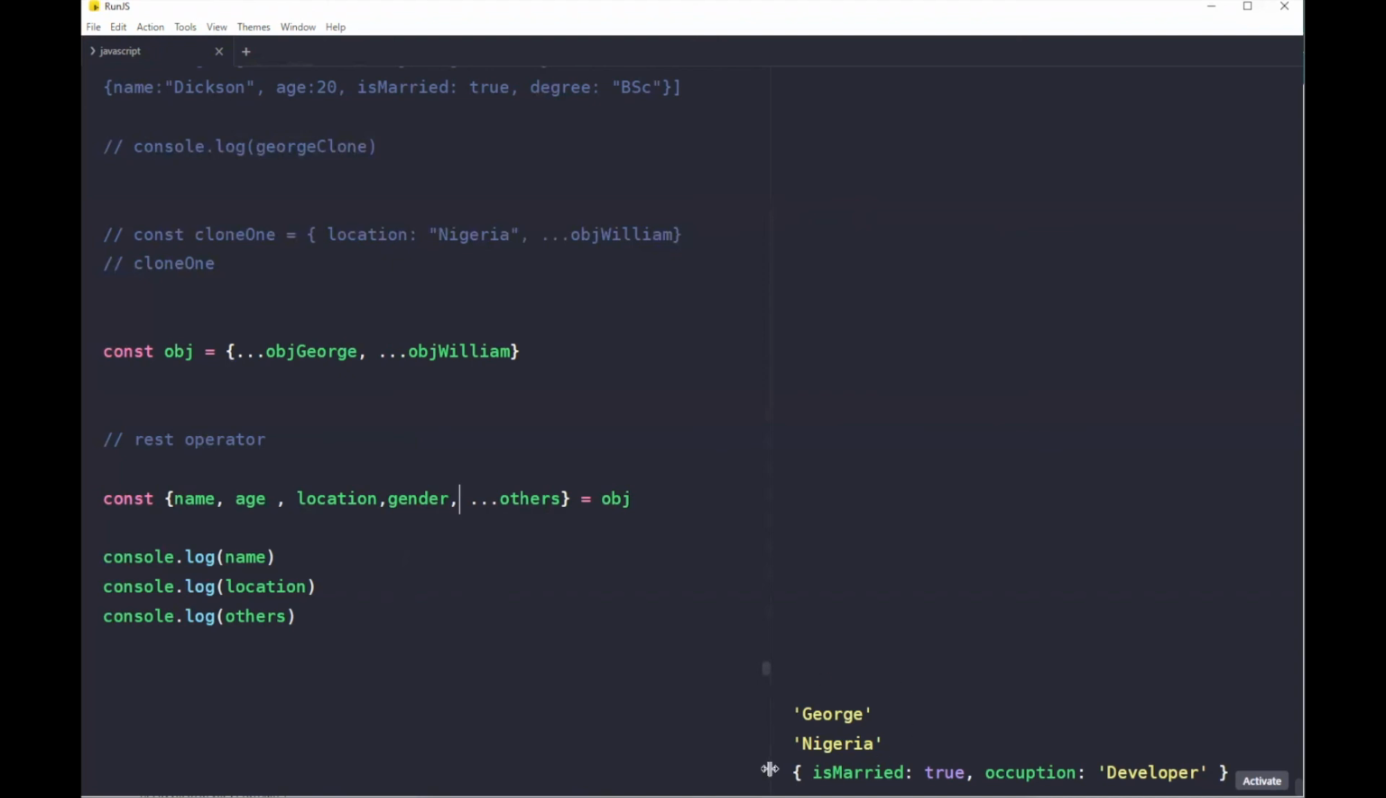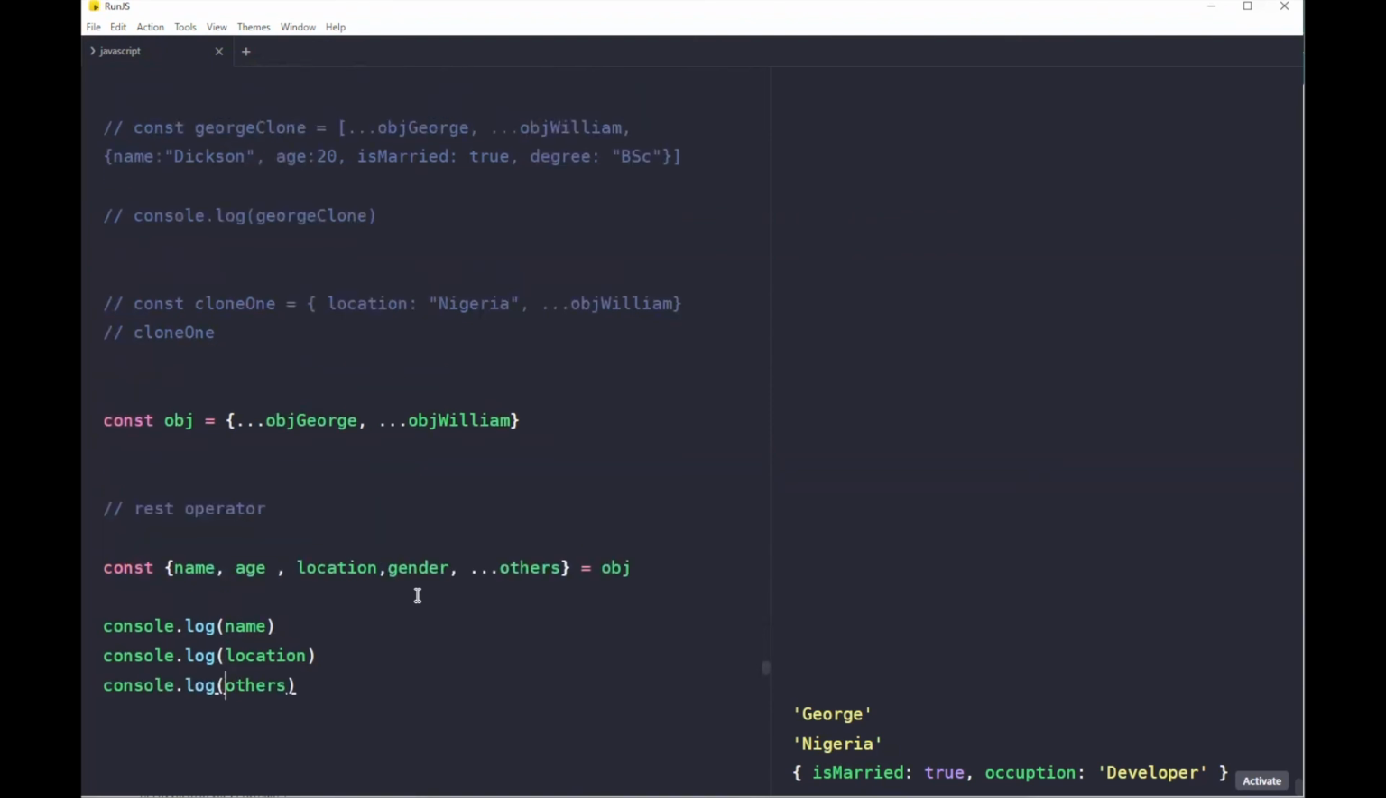So since this is the rest, I think we can even use the map method on it and do something with it. Yeah, we can use map on it and use the rest operator with higher order functions on this object and do something with it. So if you're confused about anything, when you go through the video,